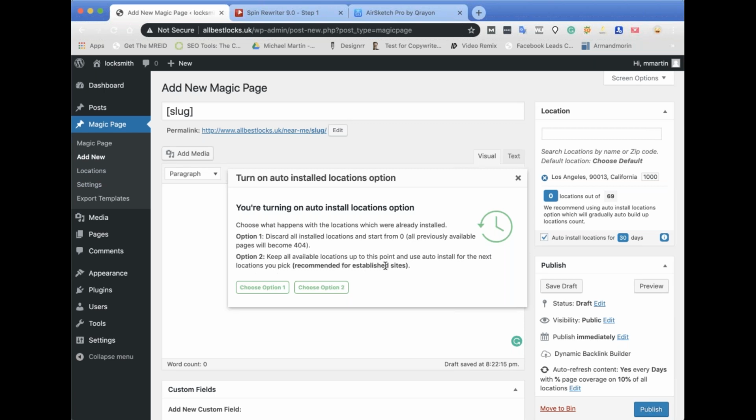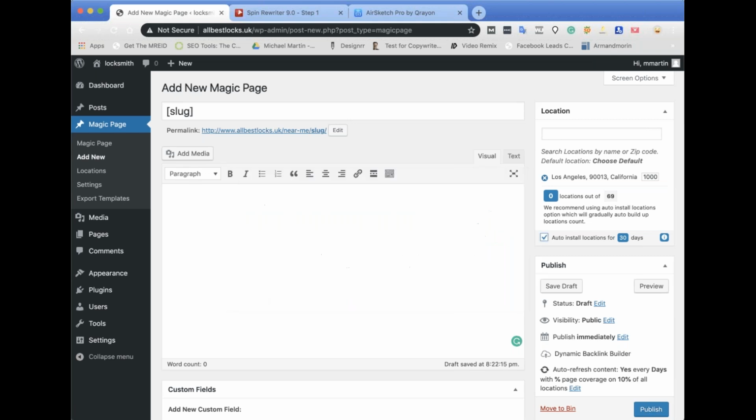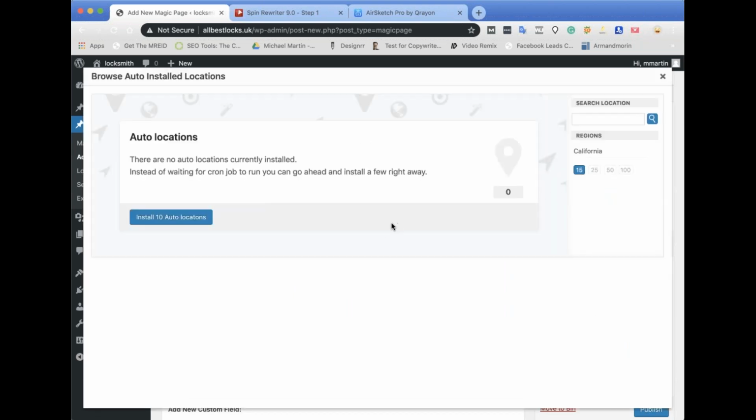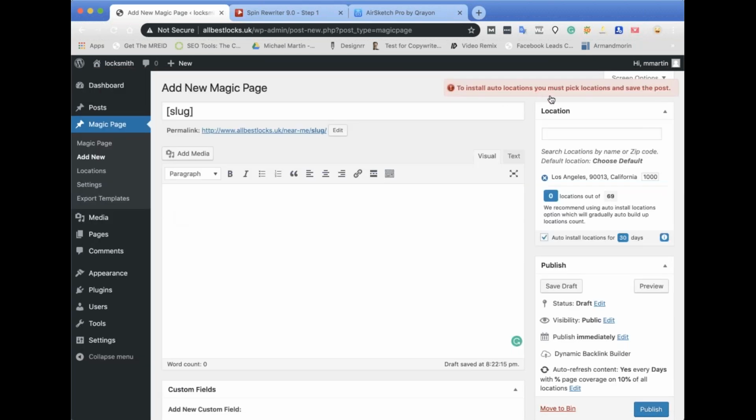If you start doing it this way, you can install new locations in new areas, or in new states, and they'll start popping up over a period of time. But I just want to show you something that has confused a couple of people. If we click the button here, there's 0 locations installed. What should happen here is install auto. You see, it won't install the locations,